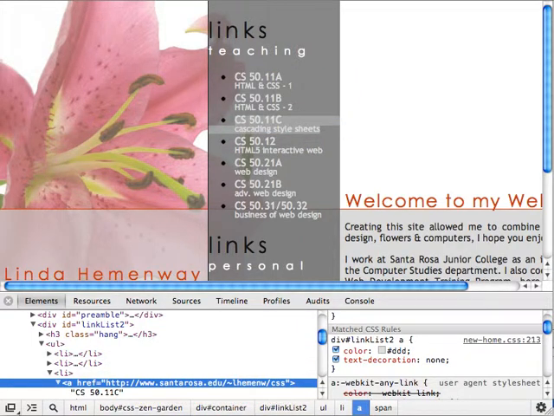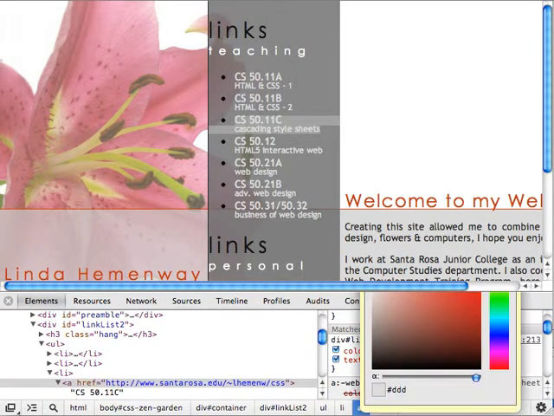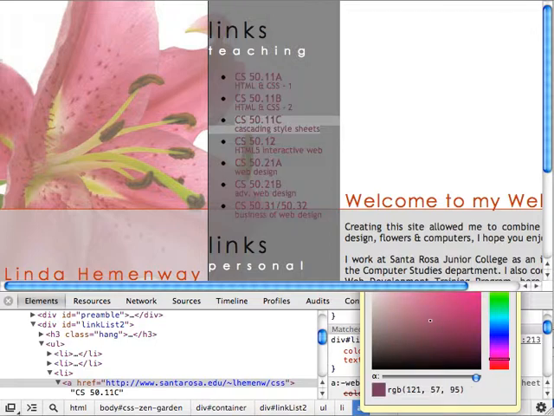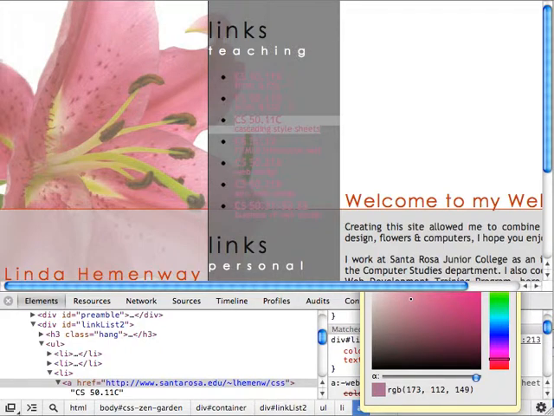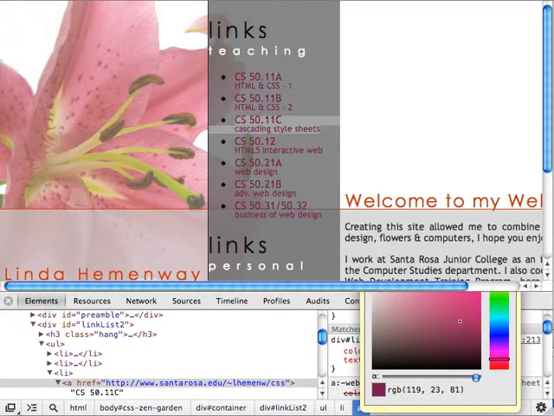So what if I want to change the color of the link? I can do that right now. I can either type in a new color or I can click on this little box. If I click on the box, I can see a whole spectrum of color. Let's say I wanted to try to use a really dark pink. So I come in here and I'm looking for a pink that I think will look good with the lilies, and I try it and it doesn't really show very well up on top of the gray. I could try a lighter pink, but then I can't read it. I could try a darker pink. That's okay, but